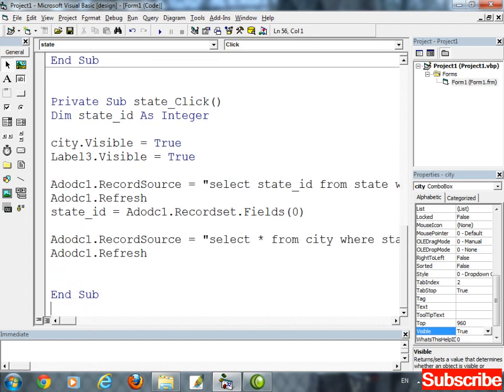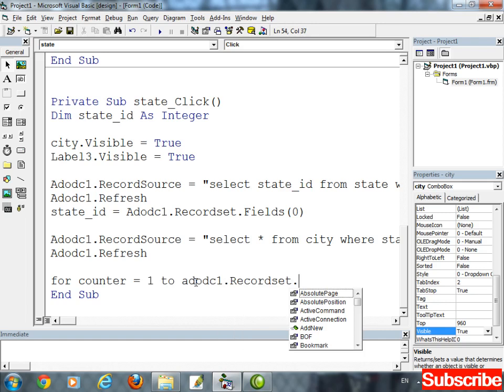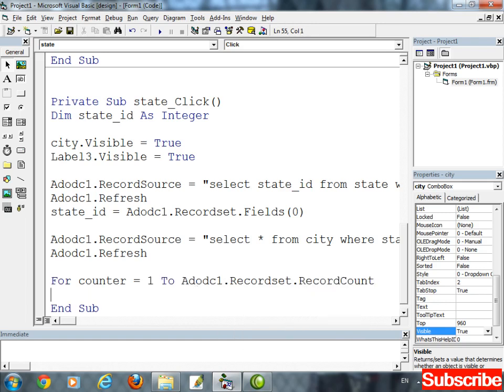Okay, now start a for loop. For counter equal to 1, start selection from the first record up to RecordCount. Next counter, and here add record.